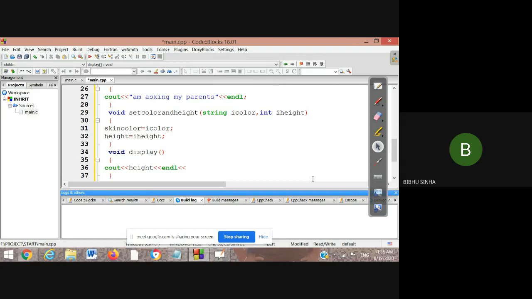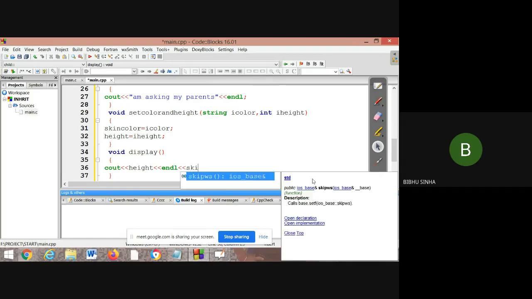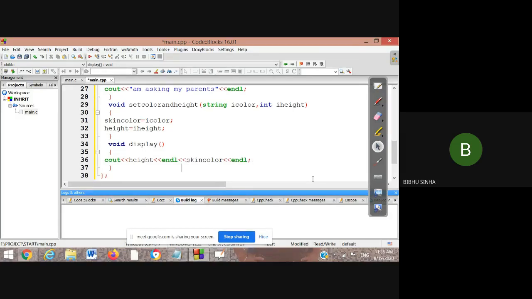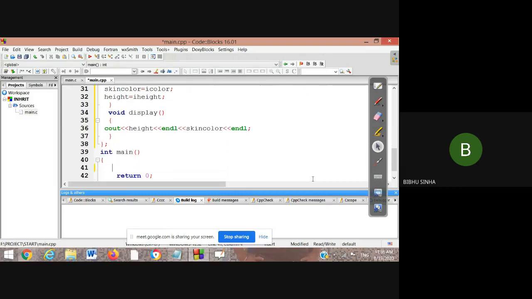I can write the skin color, or we can write anything, so I am just writing the skin color, and we use endl to print this. Okay, this is over height, and now we are coming to the main class.